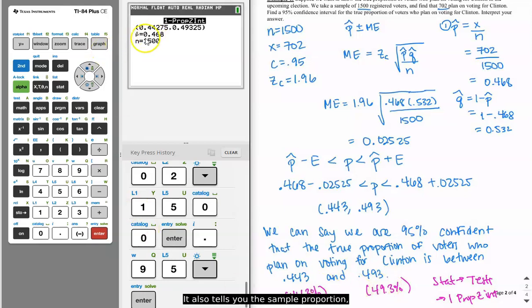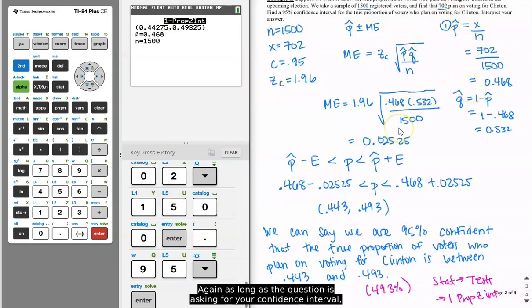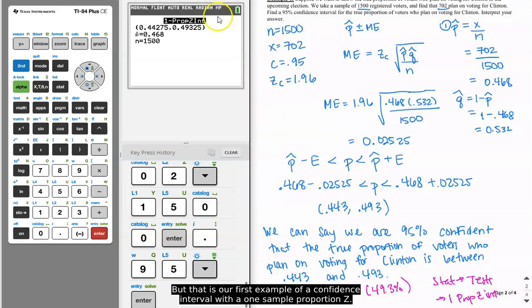It also tells you the sample proportion, so how we found that in our first step, it'll re-say that. So again, as long as the question is asking for your confidence interval, you can actually use your calculator to find this. If it asks for a specific margin of error, you could go through and do it by hand. But that is our first example of a confidence interval with a one sample proportion z